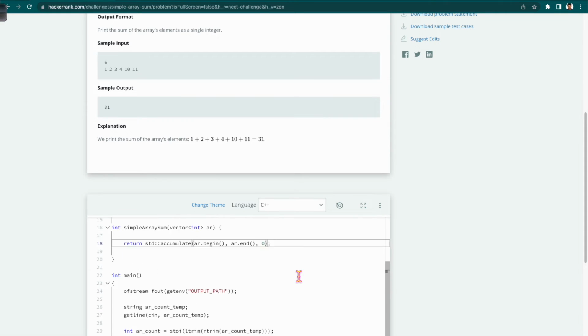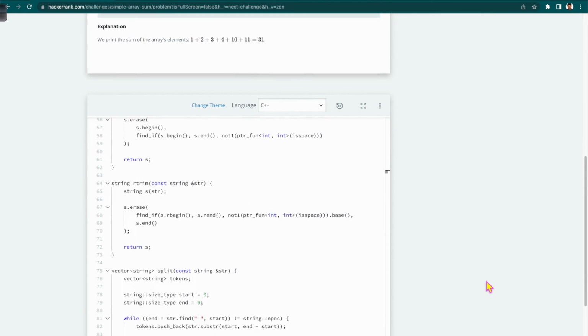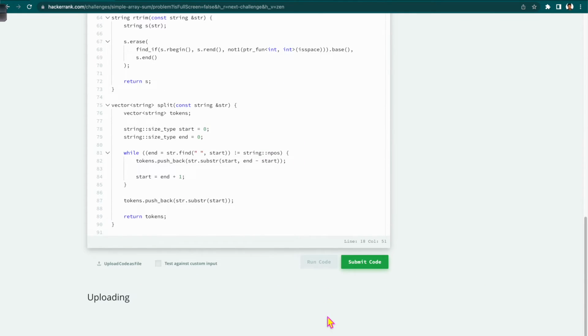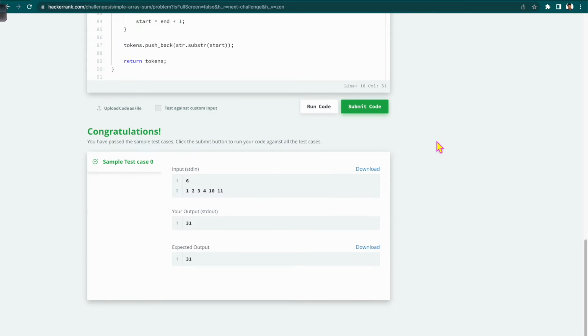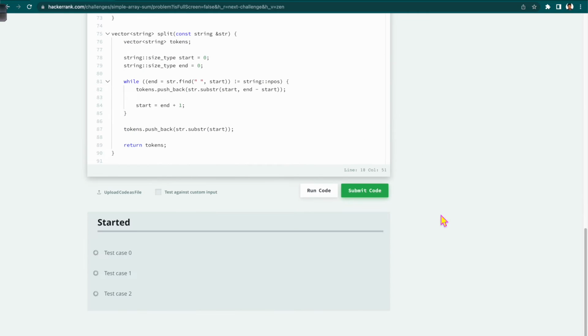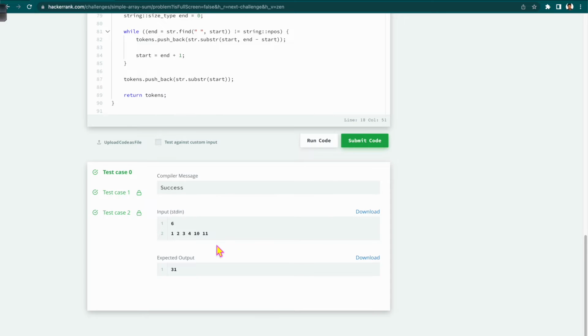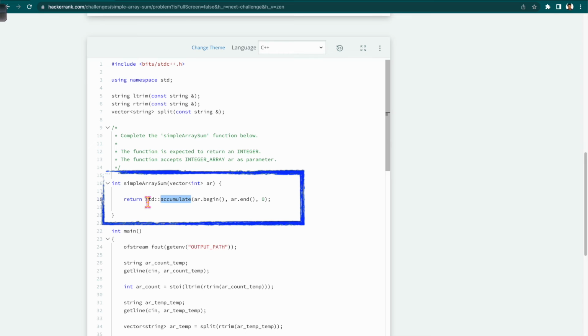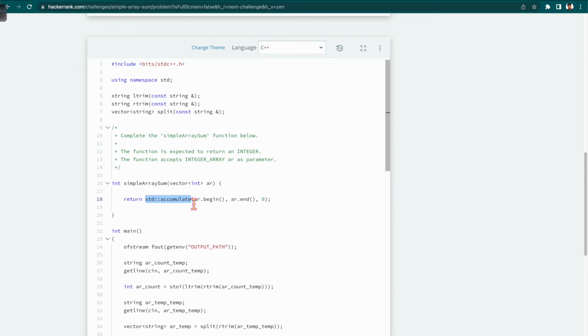Let me check if it is working or not. Yes, it is working fine. Now let's run all the tests. Yes, all the tests are correct. So instead of using the algorithm, if you would like to do it in some other way, like iterating all the elements of the vector and adding all the elements inside the vector, we can say, let's say sum is 0,